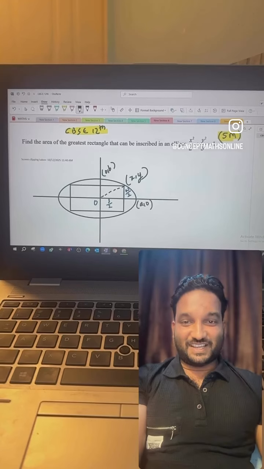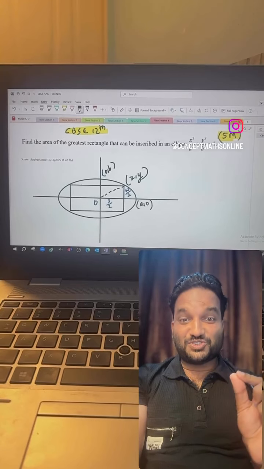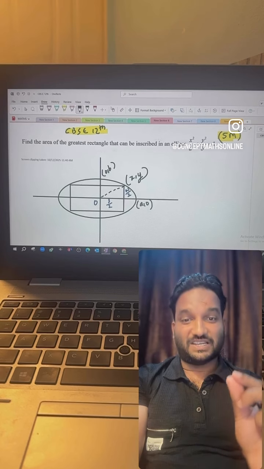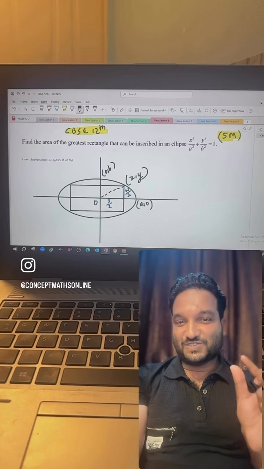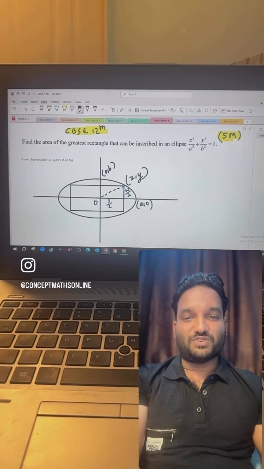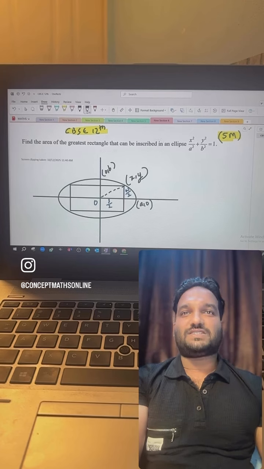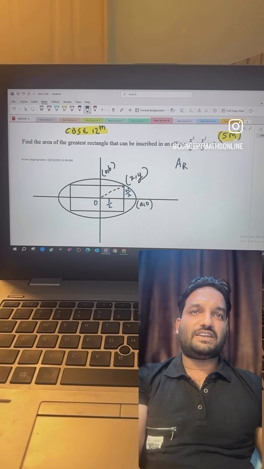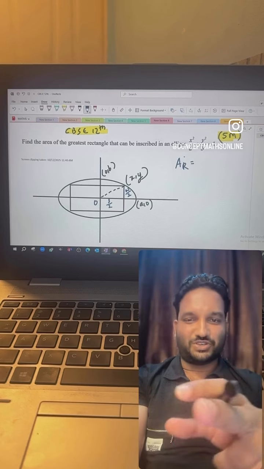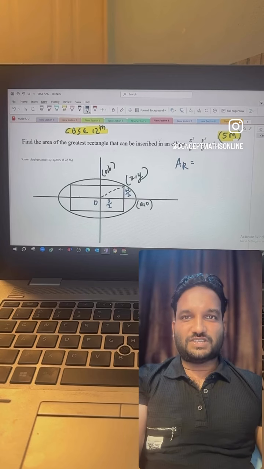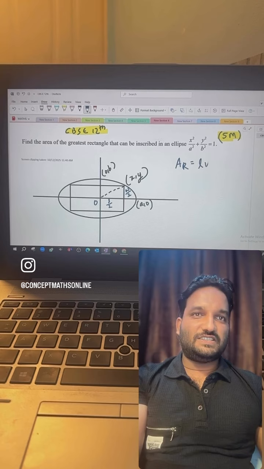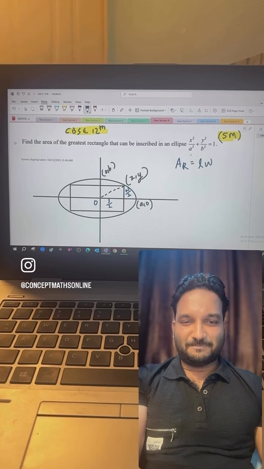Hi students, I want to give you a point where most of the students struggle in this type of maxima minima application level question. First step, you need to write the function which you need to maximize or minimize. Here, which function needs to be maximized? It is very clear: the area of a rectangle that is inscribed in the ellipse, as you can see. Now I have chosen the length as L and the breadth as W. So this is the function you need to maximize.